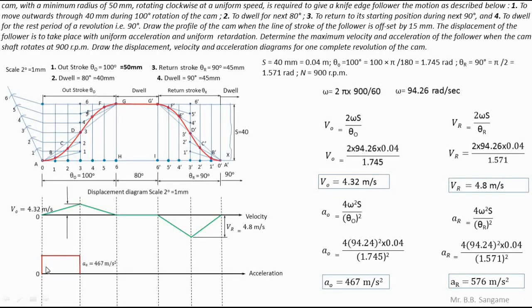So as we have seen that the acceleration is maximum, again it is reducing. So this is the acceleration of the remaining part. Similarly, during this period acceleration will be 0. And for the return stroke, acceleration will start, it will move towards the downward side, again it will move towards the upward side of magnitude 576. Again you have to take scale, it will be more than this 466 and 467 meter per second square. So this is the acceleration during return stroke, and the profile will be like this. Here you can observe that the height of the rectangle of return stroke is more than the height of the rectangle of outstroke, because the acceleration during outstroke is less. Okay, so finally we have completed the velocity and acceleration diagram.